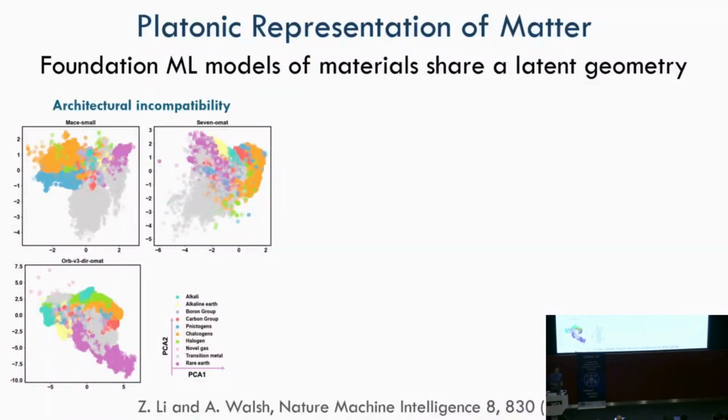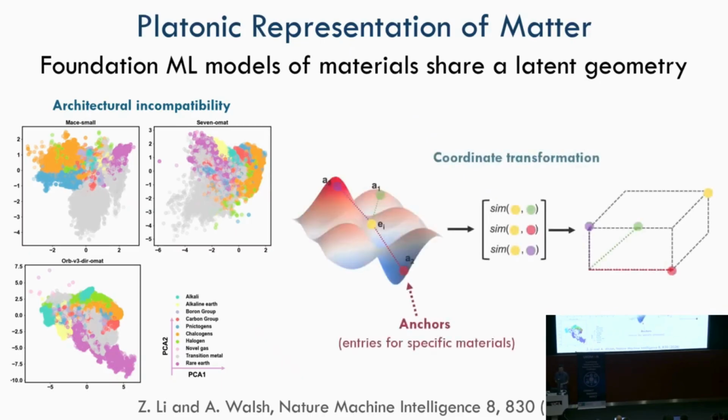And then the last point I'll say, things have been evolving quite quickly. There are many different models that are published for materials, based on different architectures. So the vectors themselves are difficult to directly compare. In this case, we have 3 different foundation models that have been reported. And this is just a PCA looking at the distributions, and the colors represent our typical chemical classifications. And you can see they look quite different, right? They're different models, and the vectors are not directly comparable.